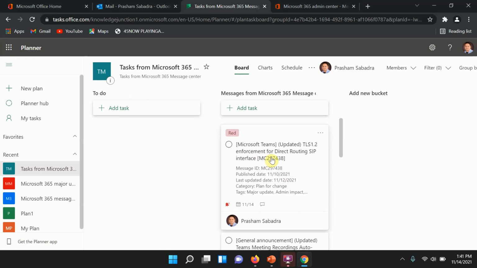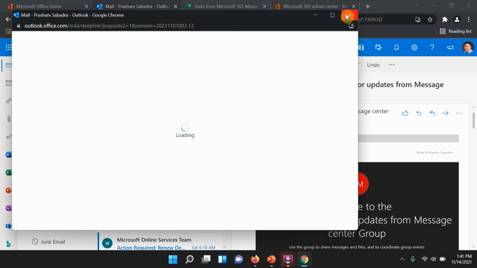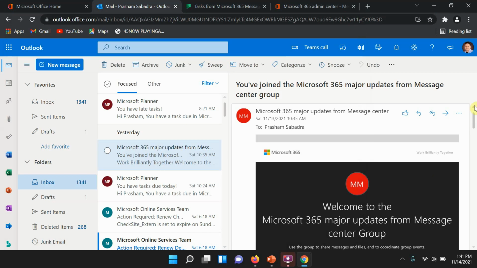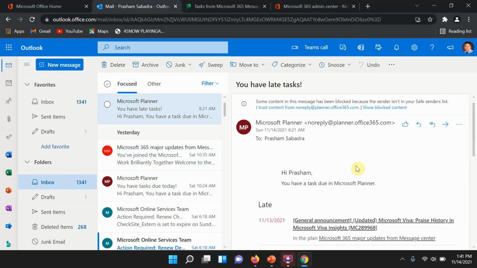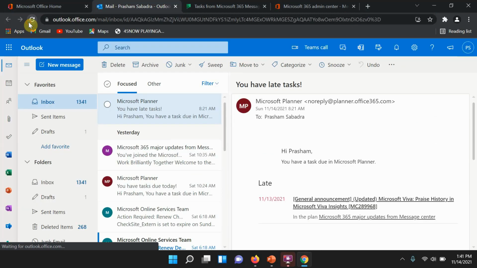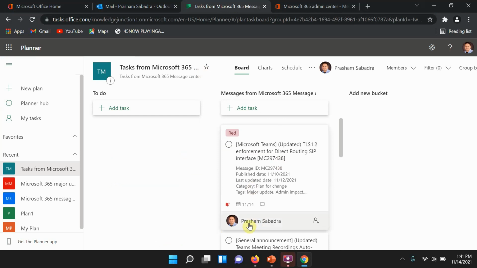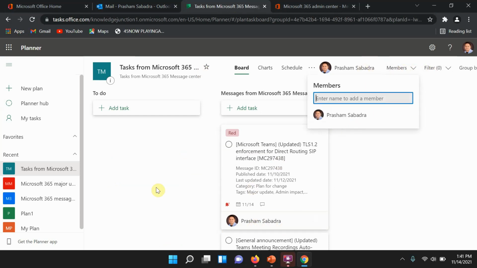TLS 1.2 enforcement for direct routing ECP interface. No, this is my previous planner's task. Today's email hasn't been received yet. Let's refresh it, or check after some time. But this task is assigned to me.